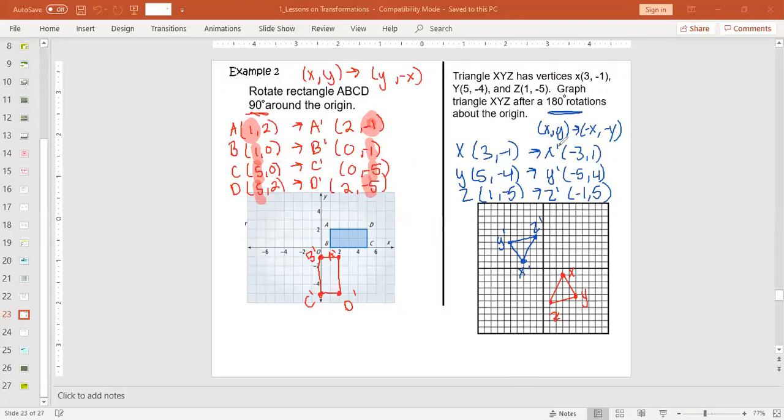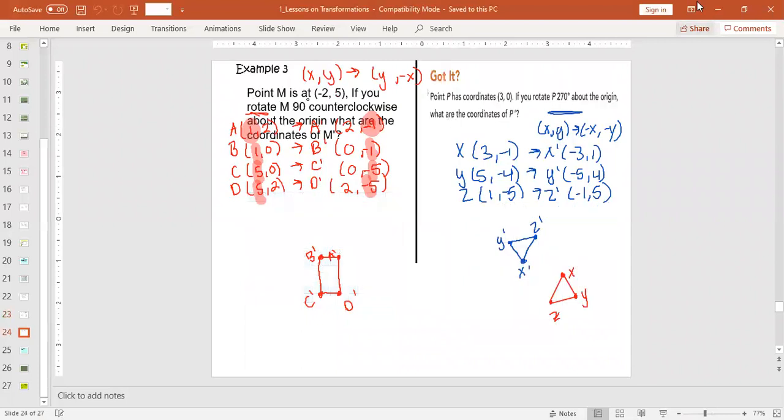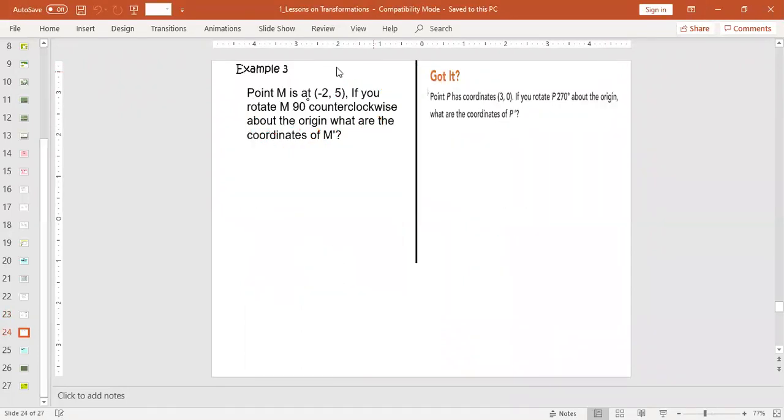The only other thing you might see with rotation, I want to make sure everyone sees this, is sometimes it's going to tell you to do it counterclockwise. So counterclockwise is just like going the opposite direction. So I'll show you an example of this really quickly. So here's your circle, and